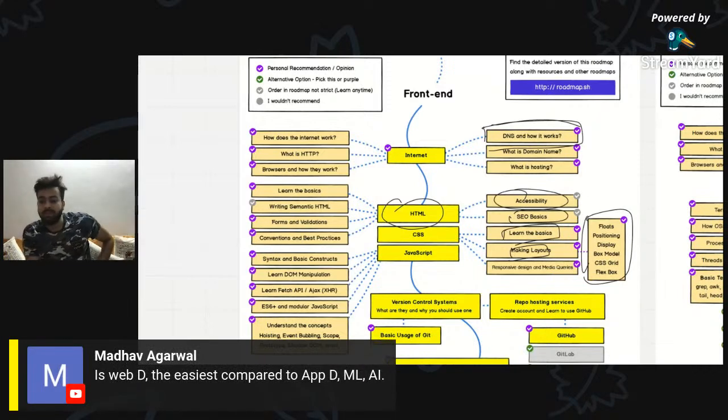Is web development the easiest as compared to app development, ML and AI? Well, it depends. If you're a person who wants to work independently and see things happening fast, you want to create things quickly without losing a lot of time, then I'll say yes. Not every startup will do app development, I guess, so there are fewer opportunities compared to web development. And easy in terms of stack, I'll say